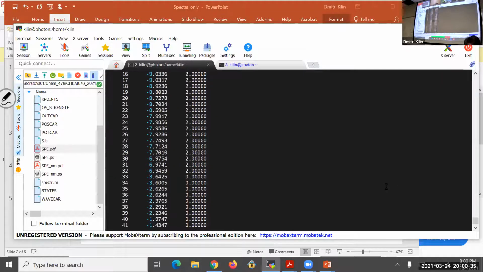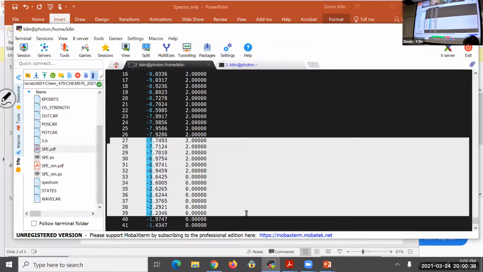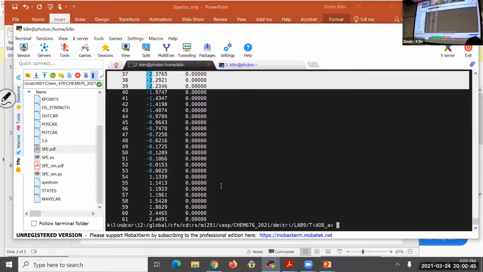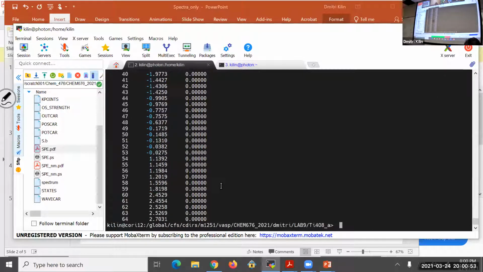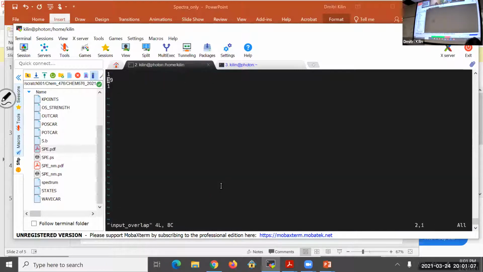Another way is just to copy this portion, create a new file states, and paste it there. It's also legitimate. Okay, so let's check that states is healthy. Starts with 1, ends with 64. Copy states into energy POP, VI input overlap. So now the last line is 64,